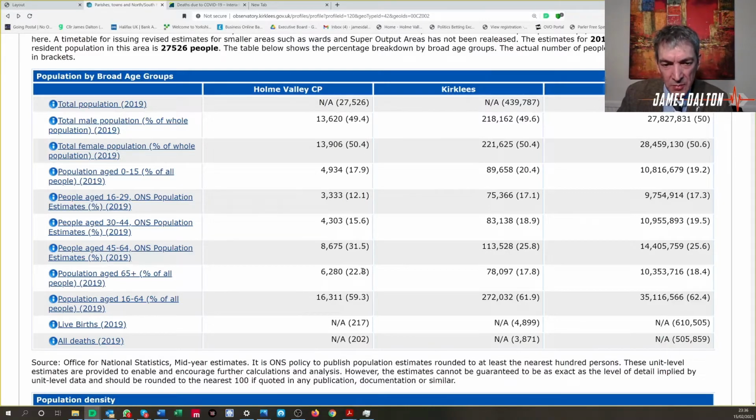You'll see over half the population is in the over 45 bracket, so we do have roughly half the population over 50 years of age in the parish,